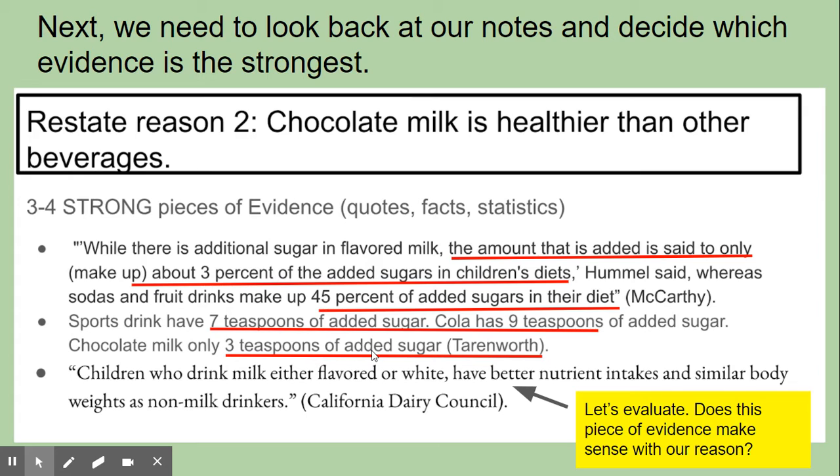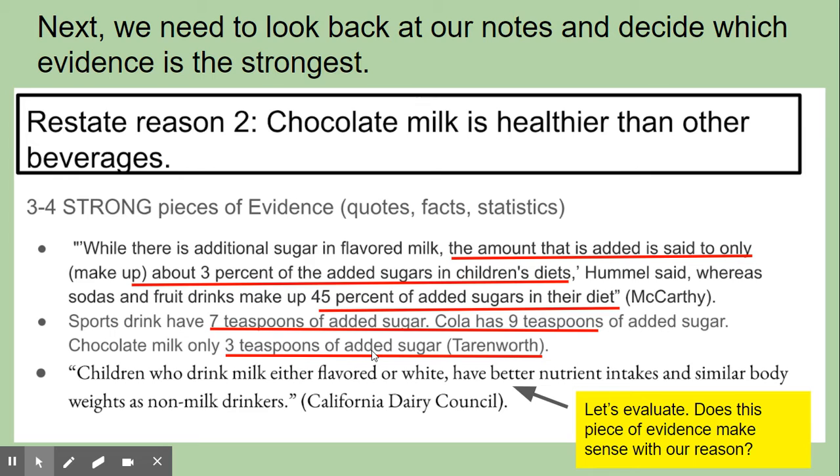All right, and here's the last quote I picked that I put in my boxes and bullets as evidence. And I need to think if it really fits with our reason that chocolate milk is healthier than other beverages. Because remember, when we evaluated arguments, we know that the quote needs to directly relate. All right, so I wrote from the California Dairy Council, children who drink milk, either flavored or white, have better